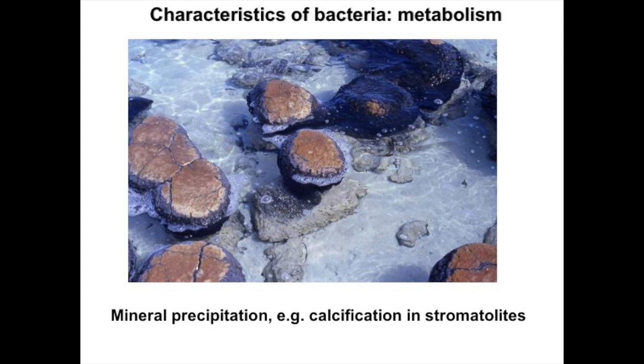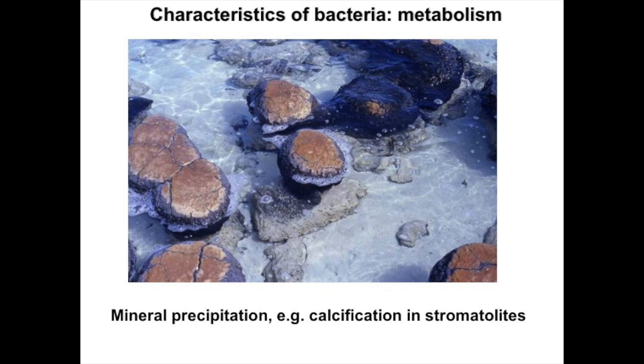Yesterday, Hervé, when he was talking about the Allen Hills meteorite, you spoke about magnetotactic bacteria and chains of magnetosomes. These are deliberately precipitated by the organisms, but mineral precipitation can also be a byproduct of organisms. For instance, part of the growth of stromatolites is mostly due to the